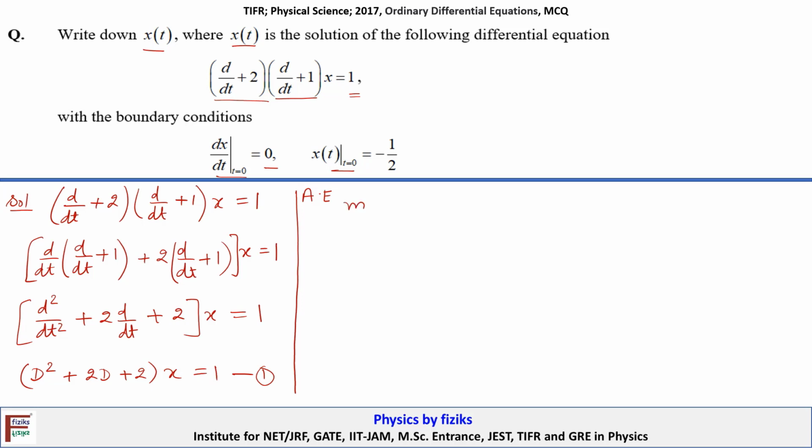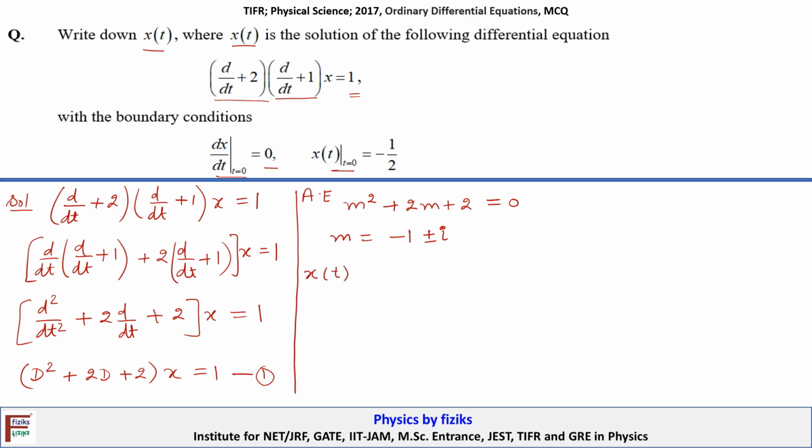Then the auxiliary equation is obtained: m² + 2m + 2 = 0. From here we can obtain the roots of this auxiliary equation: m = -1 ± i. Here the roots are complex, therefore the solution of this given differential equation is written as